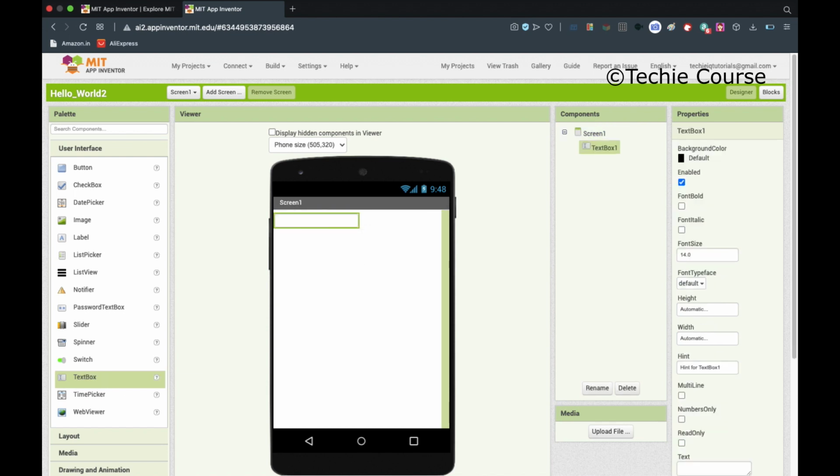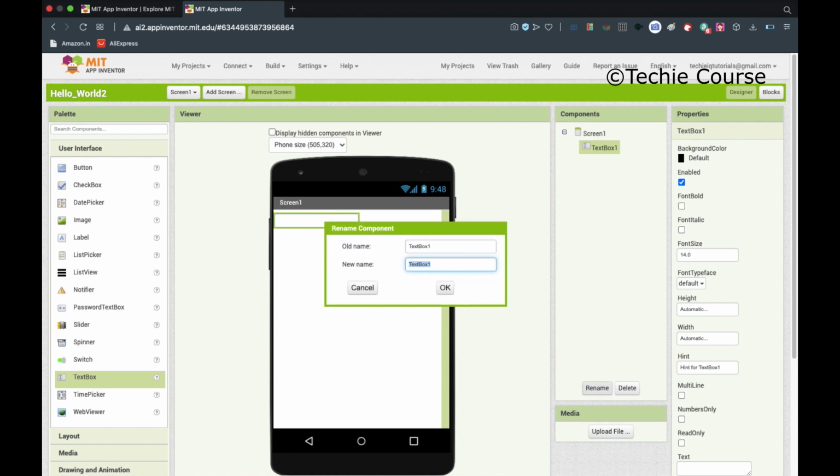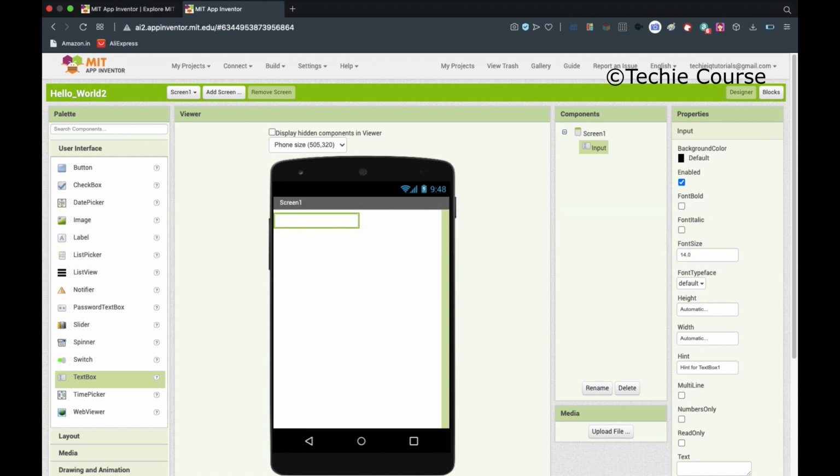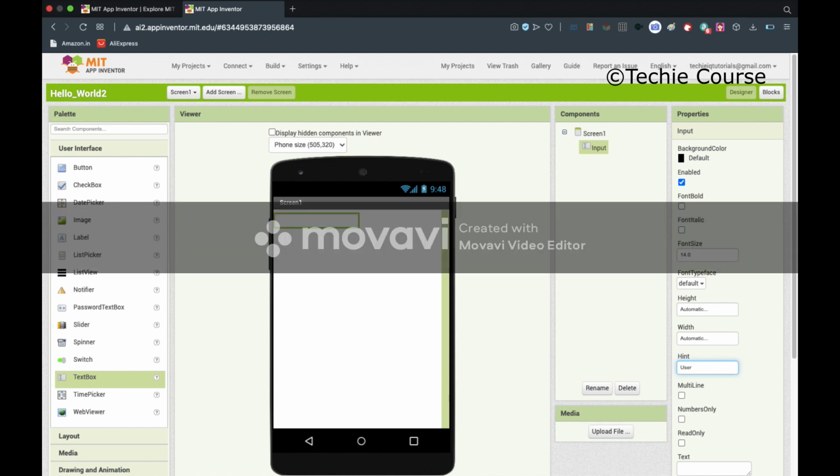You can rename it in the button over here. Let me click it. And it changes instantly over here. And there's something called hint, if you can see here. It's a hint which will be displayed but will not be typed. I'll tell you clearly when I show the project after we do it. So I type it as, sorry, not username, I type it as